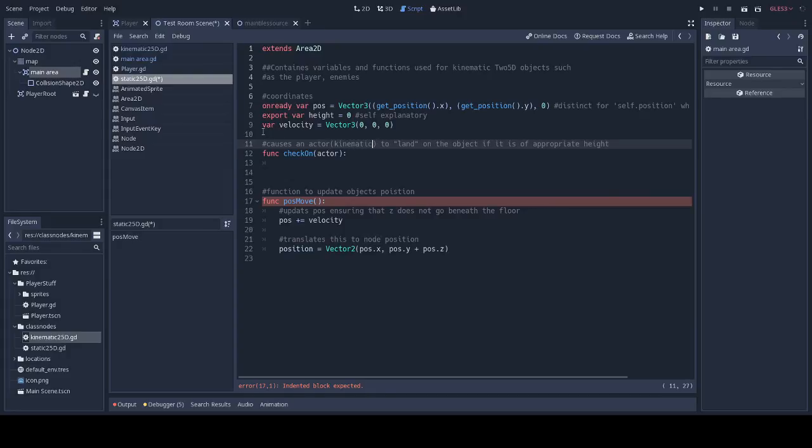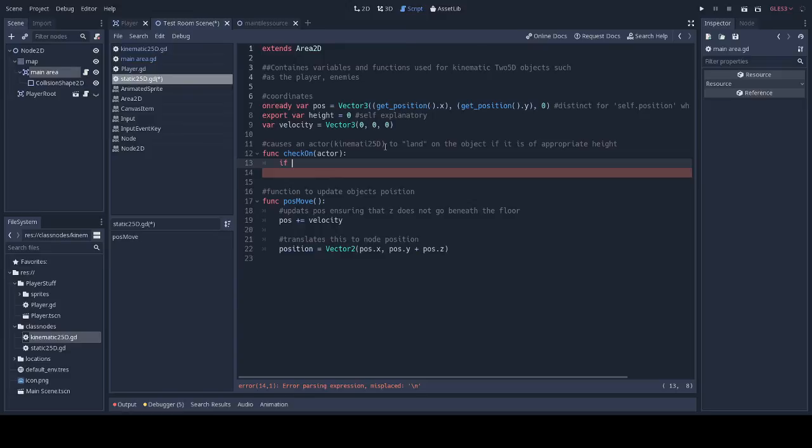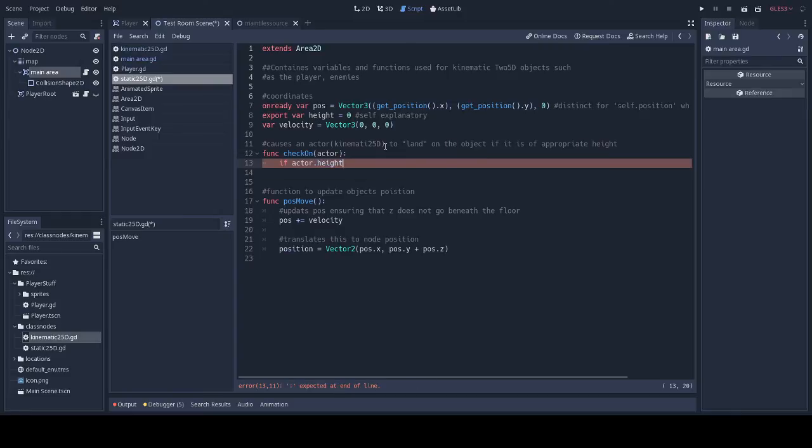Kinematic 250. So if actor dot height in